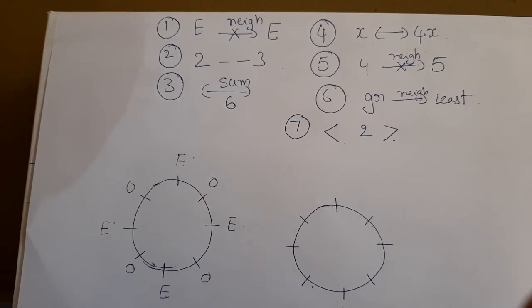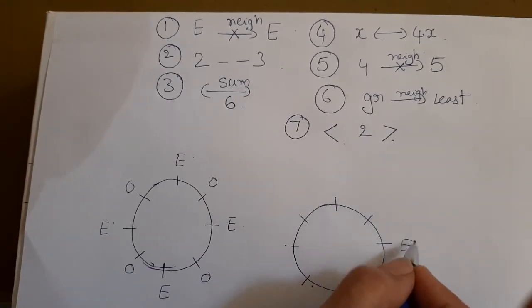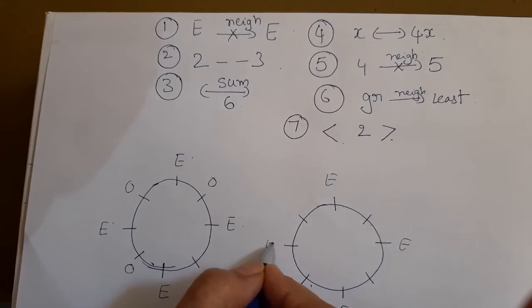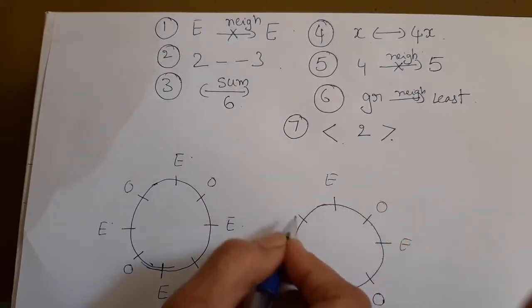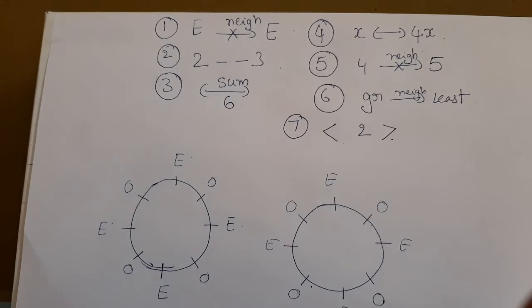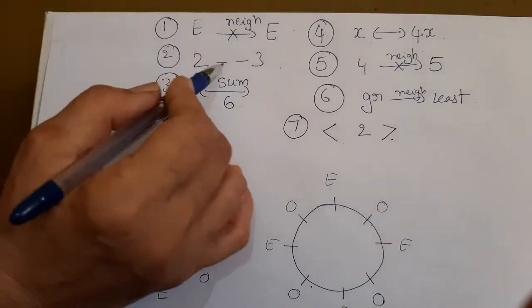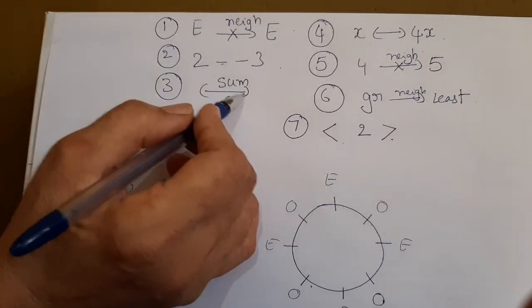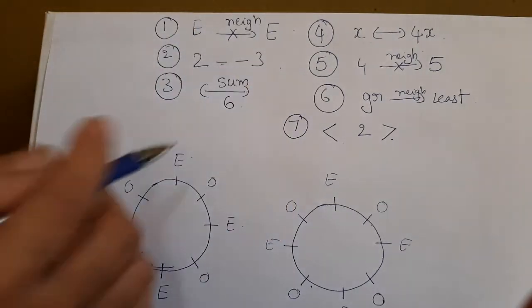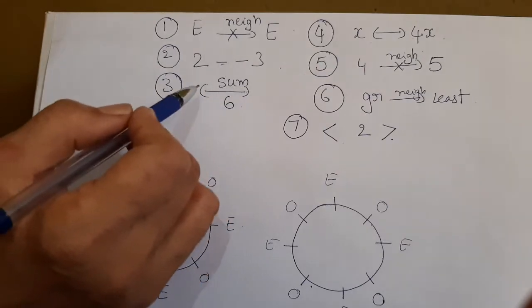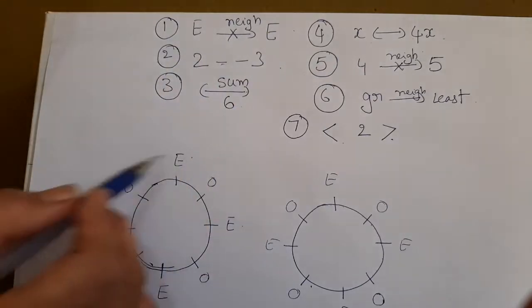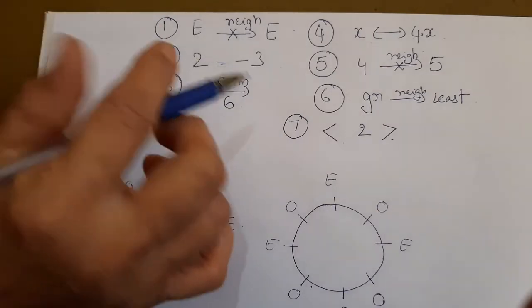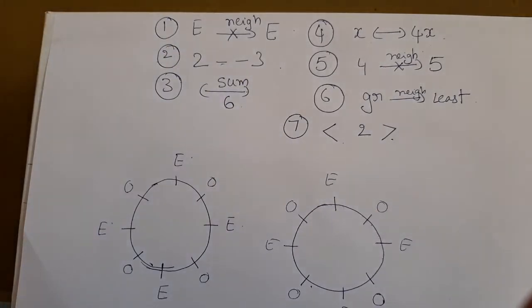Coming to here, if I write same thing I have to write here also. Even, odd, odd, odd, odd. I am making two circles ready. Now, there are two numbers between 2 and 3. Let us see this next. Now, both sides arrows means opposite numbers. Sum of opposite numbers is 6 in one pair. There are 4 pairs, out of them one pair of opposite numbers is 6.